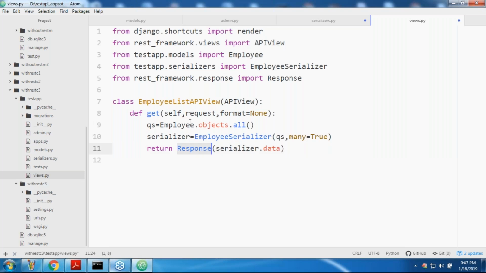Once we got the queryset, we had to convert this queryset into Python dictionary form. We wrote a big code, and after that, to convert it into JSON format, we used some Django serializers and so on. But here, simply with 3 lines of code, the whole thing got completed. Any doubt?